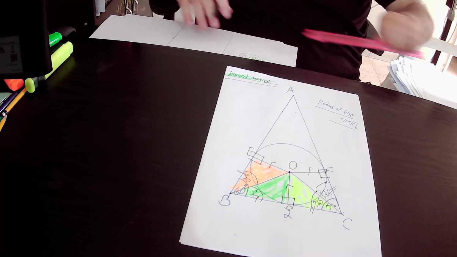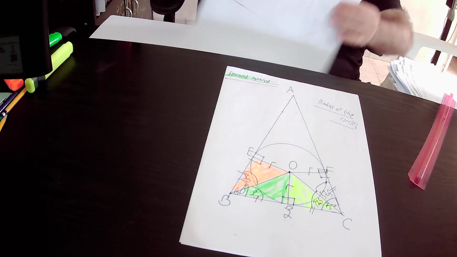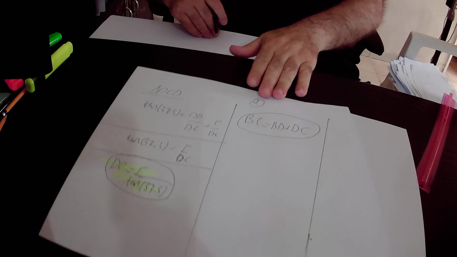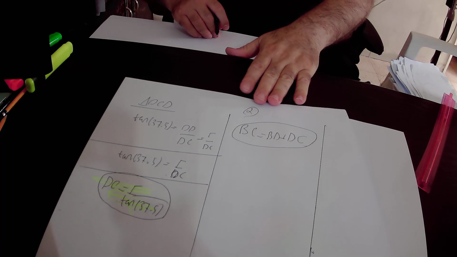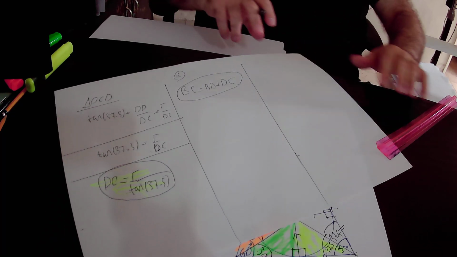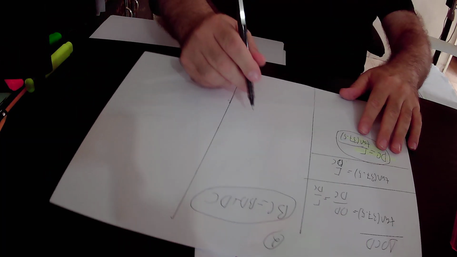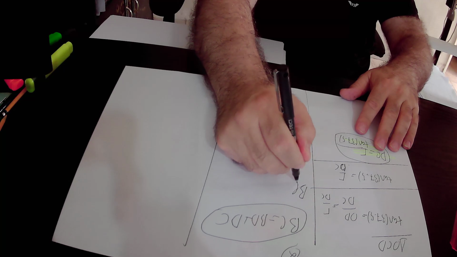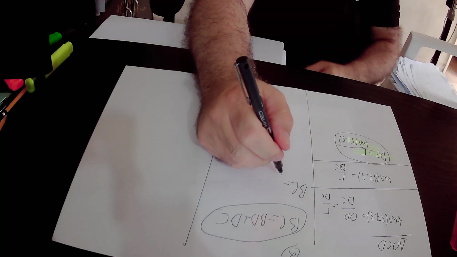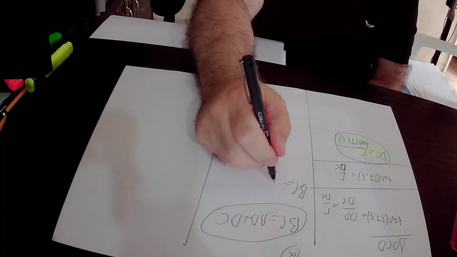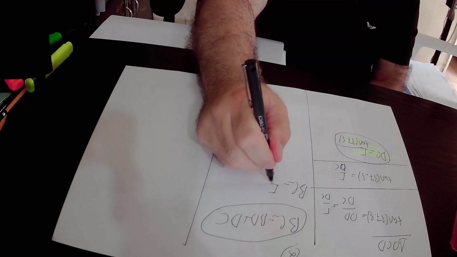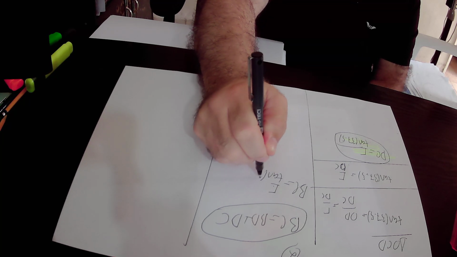Repeat again: BC is equal to BD plus DC. So BC is equal to BD. We have already found out that BD equals R over tangent 30 degrees